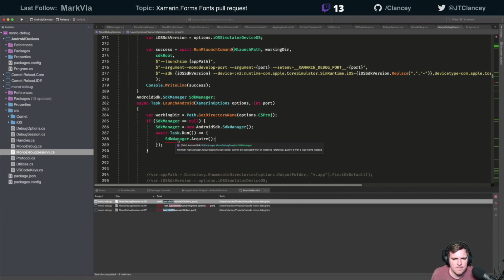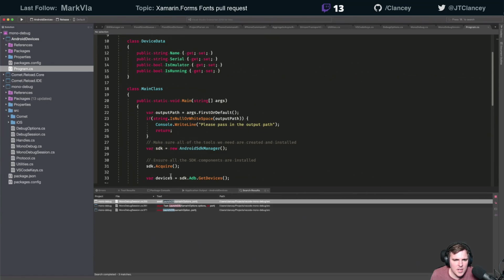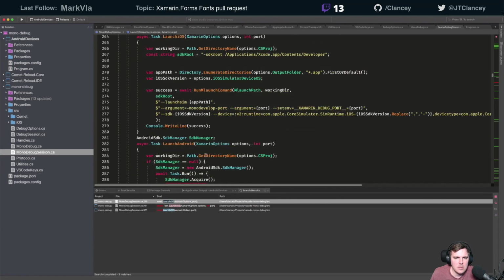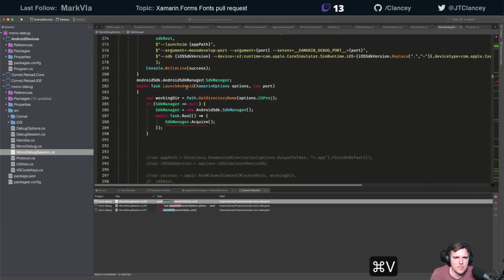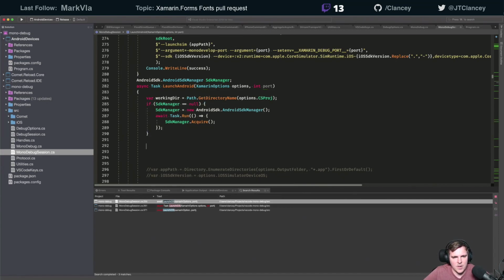What do you mean? Is it complaining about the names being the same? I thought I did that without passing anything in. Android SDK manager. Let's go back to our debug stuff. Launch Android. That's the deal. All right, perfect. So now that we have that, we can even go as far as looking at